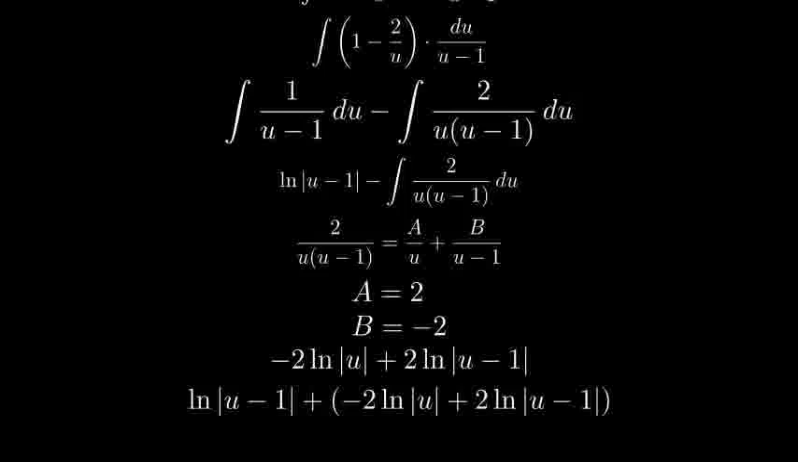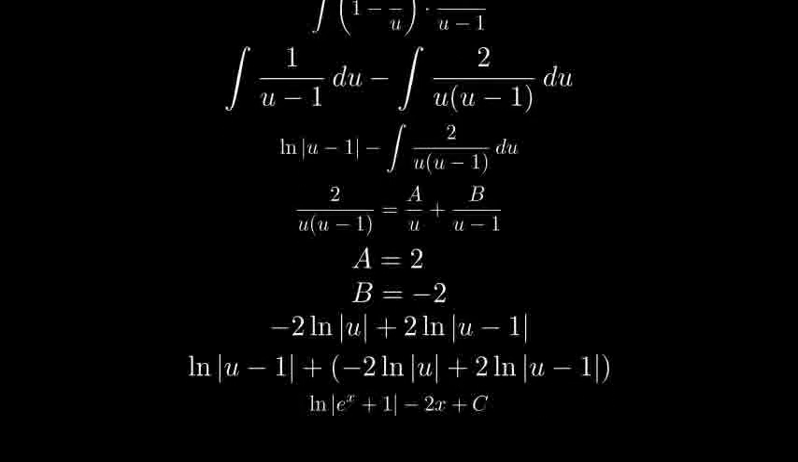Let's combine these integrals with the integral obtained earlier. Finally, let's substitute back to express the solution in terms of x. Remember that u equals e^x + 1. So plugging that back in, we get the natural logarithm of the absolute value of e^x + 1, minus 2 times the natural logarithm of e^x, plus our constant of